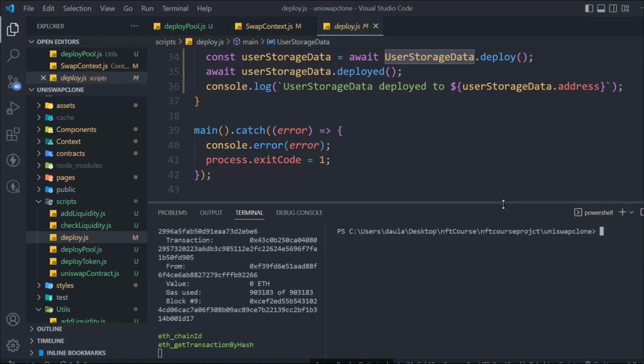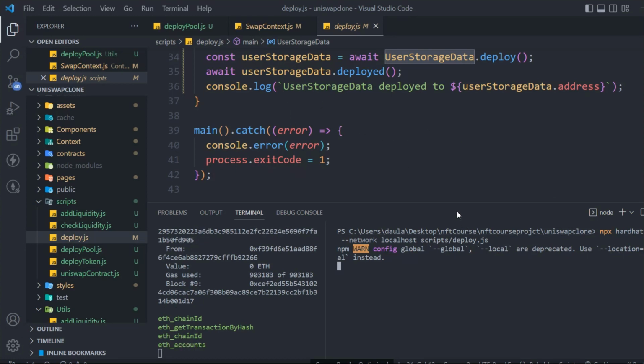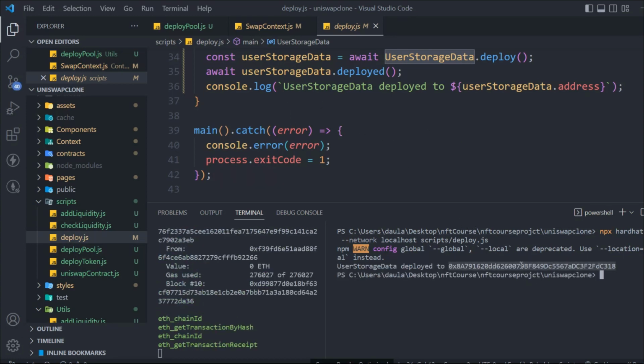Let's open it up, and we'll get an address. So we'll have to run the script. We'll say deploy deploy.js, hit enter. So this will deploy our user contract. Hope everything's good. Yeah, everything's good. Simply copy the address